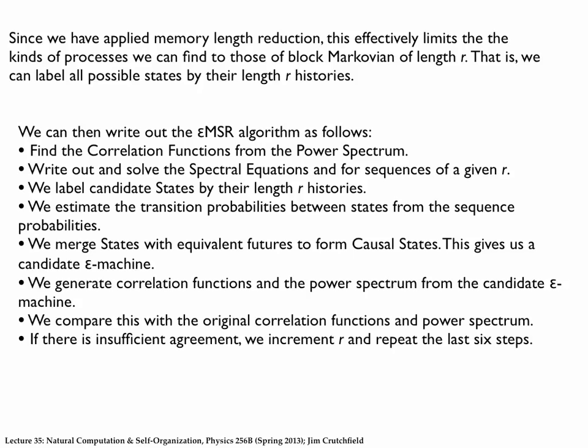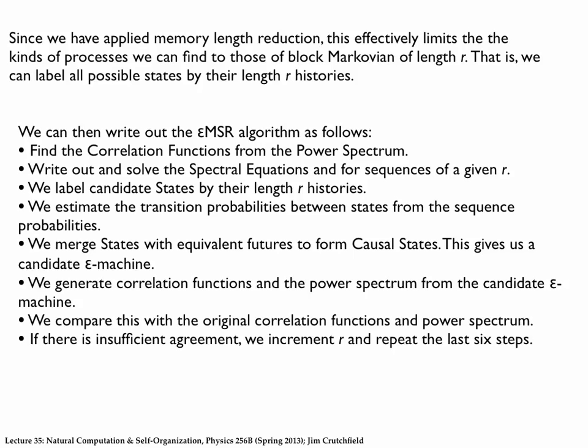So what we're going to do is take a power spectrum. We're going to find the correlation functions. Then we write out and solve the spectral equations for sequences of a given length. Once we do that, we label candidate states by their length R histories. That is,